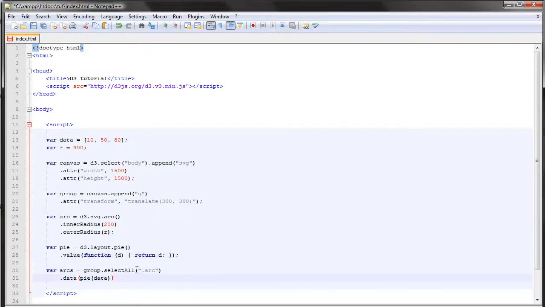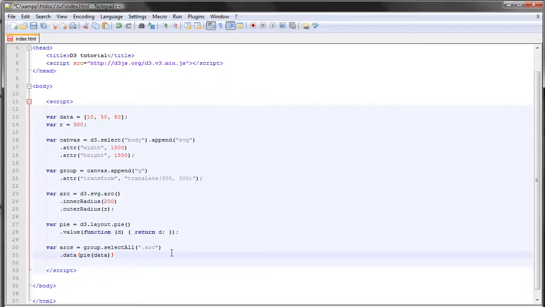And then we'll use the enter method, and we'll append a group for each data element, and every group element has the class of arc. Okay,